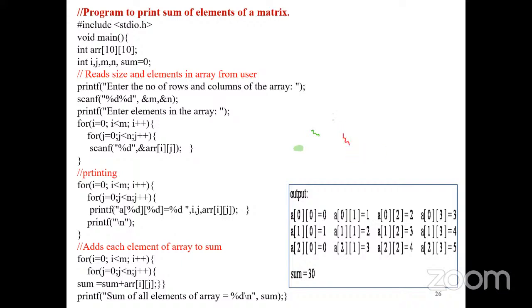Now you understood how the elements are taken. So in the first row and second column, like this is the first row, and we have taken like this A of 01, A of 02, A of 03. Whenever the first loop I is getting I value becomes 1 and J value is 0. Again I value becomes 1 and j value becomes